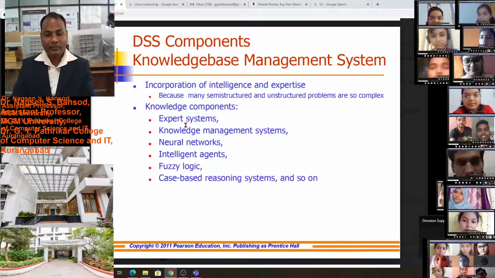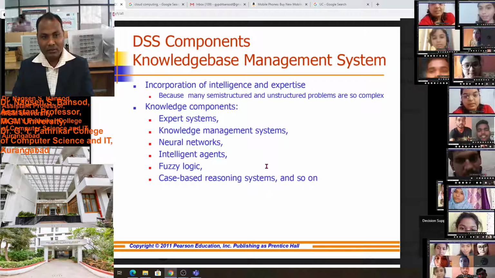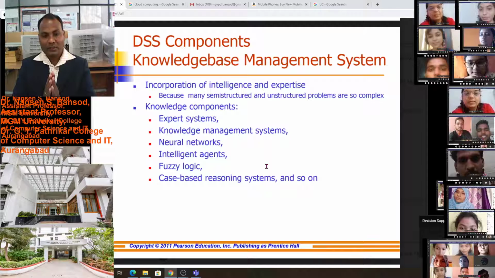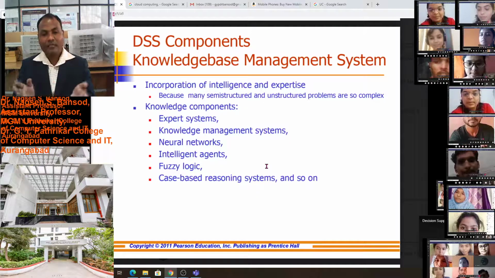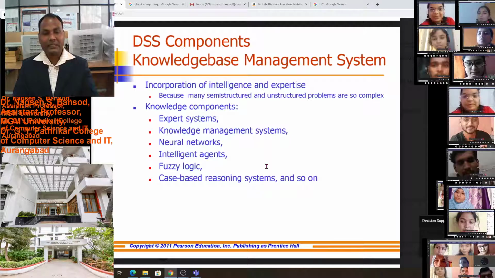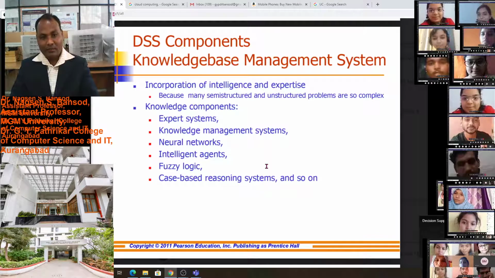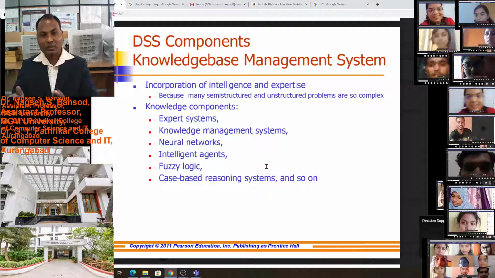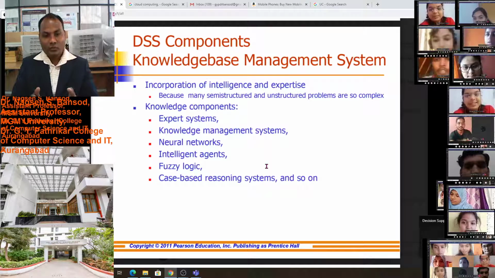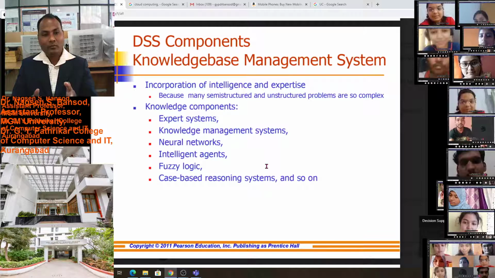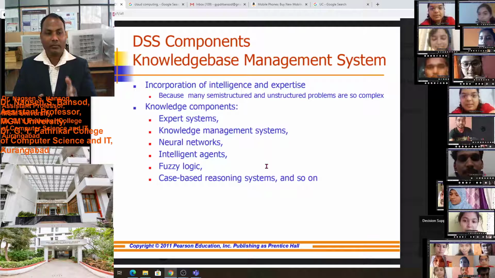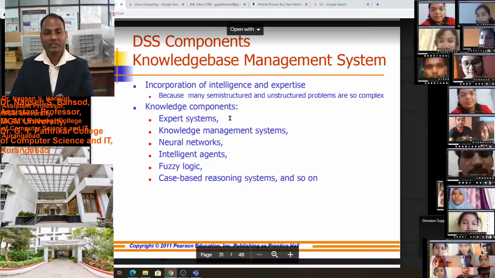Expert system is the system which provides an automatic response to the user, as well as to the manager. It will support taking the decision on whether the thing we are doing is good or not. That response and decision will be provided to the manager with the help of the expert system.